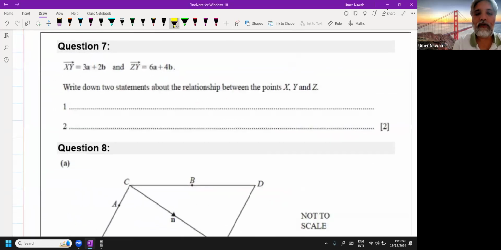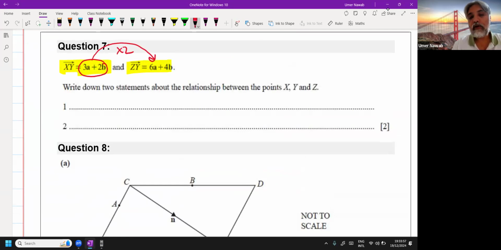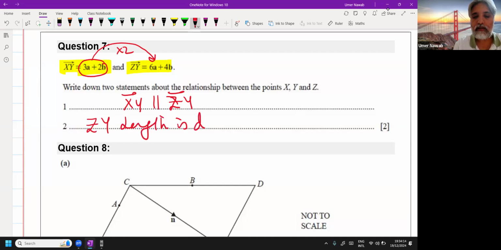Yes, very important. Check that. Did he multiply this vector with another vector? Answer is yes. He multiplied with 2 to get this answer. Whenever one vector is multiplied with a number, scalar multiplication, two aspects: both vectors are parallel to each other, and second, the length of ZY is double the length of